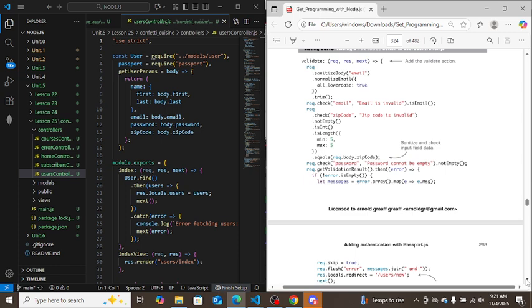So the user creation process can continue. In short, this part checks for form errors, shows helpful flash messages if any exist, and redirects the user back to fix them. And then we have